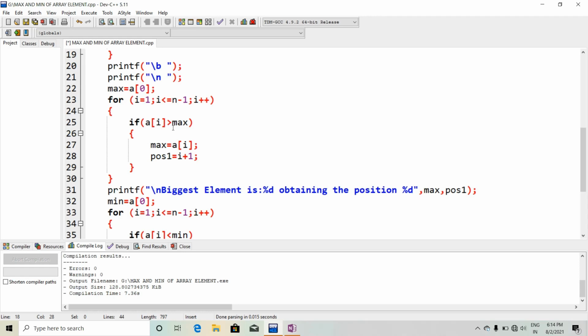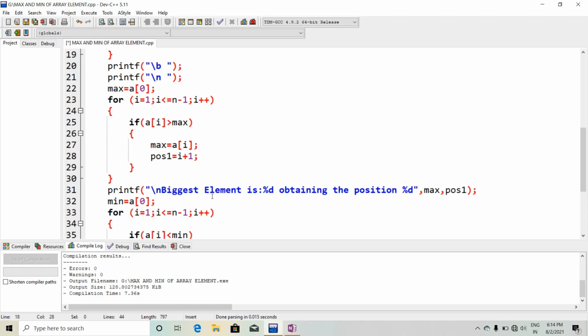If a of i is greater than max, then max will be a of i and the position will be i plus 1. We all know that the position is always one more than the index number. So if i equal to 2, then position will be 2 plus 1, that is 3.